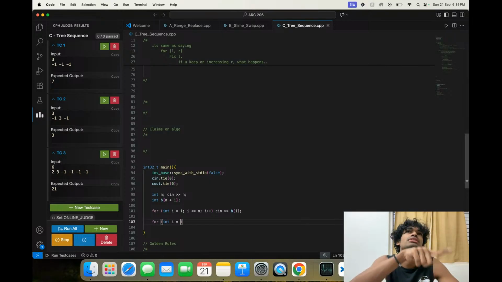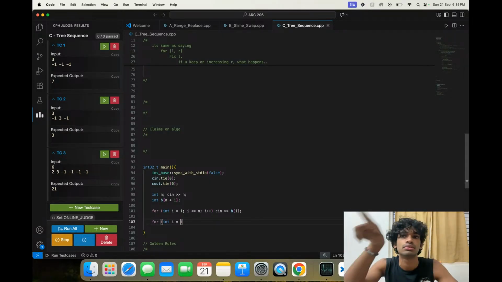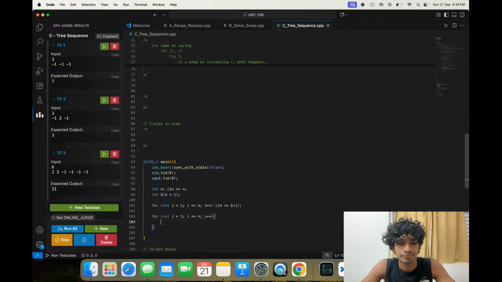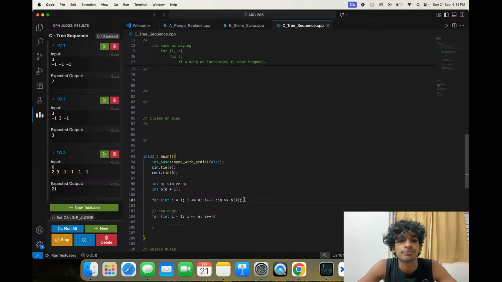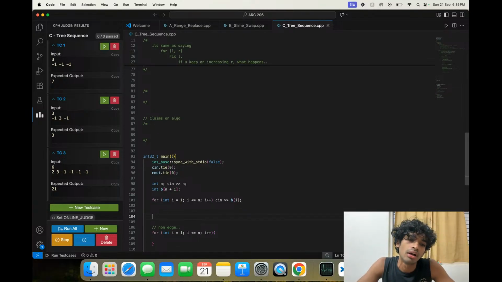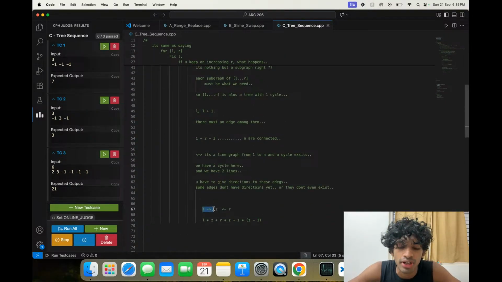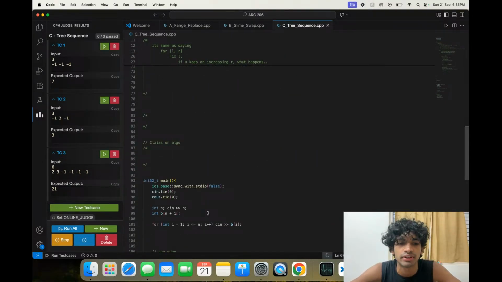If there is a non-edge, the direction is already getting fixed, right? I will maintain a vertex that gives me the longest forward edge. Longest forward edge, I will maintain that vertex.